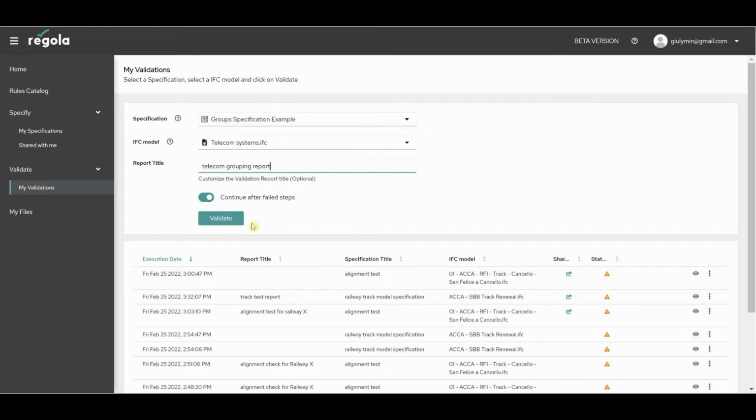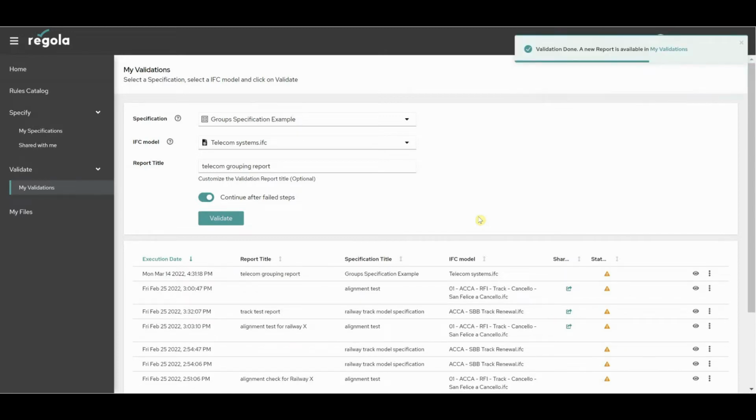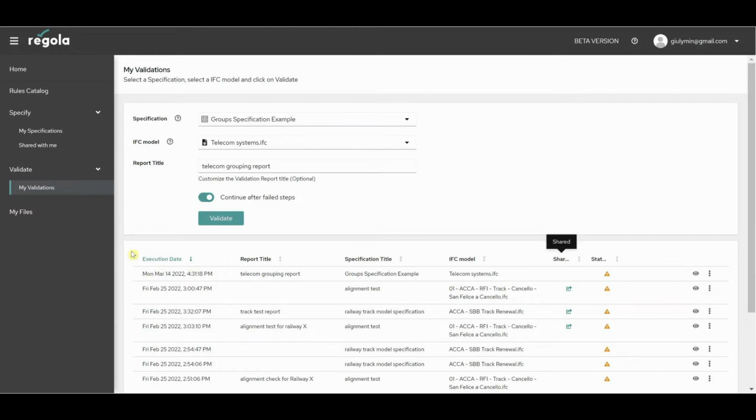I will keep the option for my case, and then I will click on the Validate button, which is the one that allows the platform to actually run the validation process using the specification and the model. It takes a couple of seconds, and of course, the heavier the model, the more time the platform needs. In this case, you will find, as soon as it is done, the report right under the archive section,